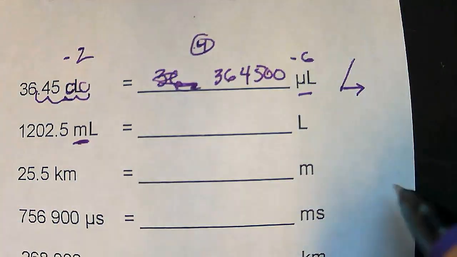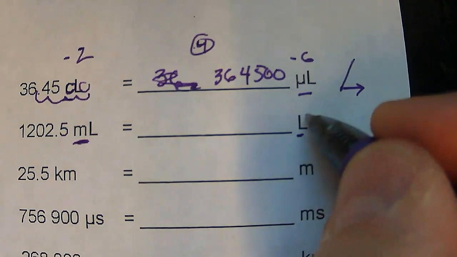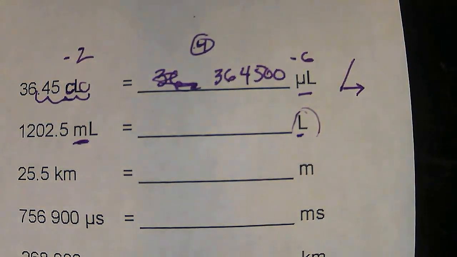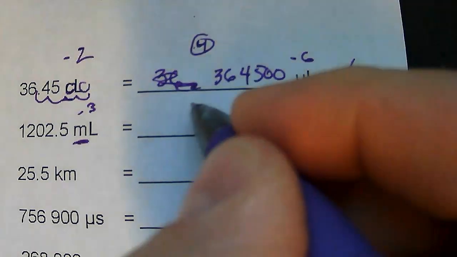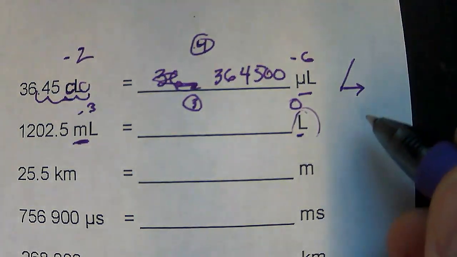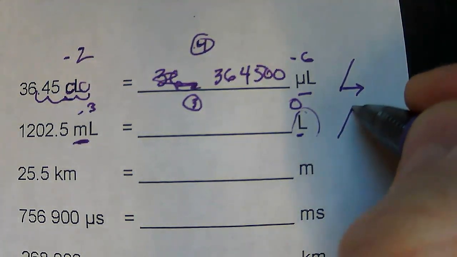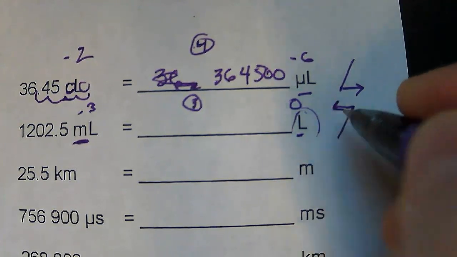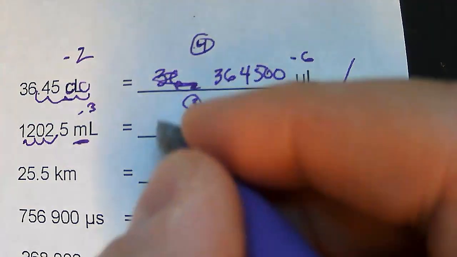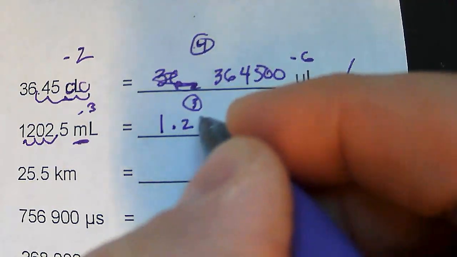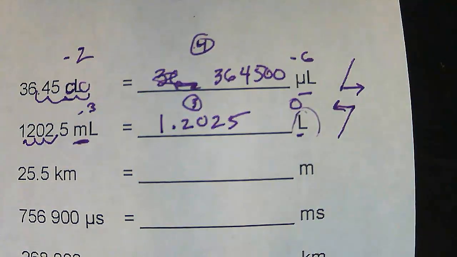Okay, milli to no prefix. There's no prefix here. You got to be careful. If it's just one letter, there's no prefix. So this is minus 3. This is 0. So the difference here is 3, and we're going up. So we're going to move the decimal to the left. So we go 1, 2, 3. So we got 1.2025